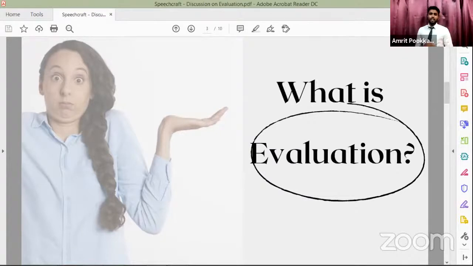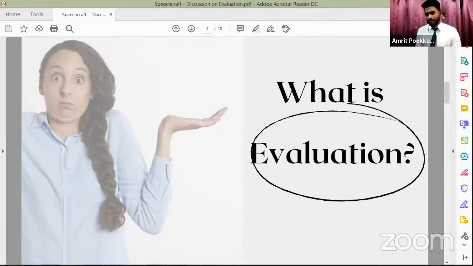Yeah, I think all of us have our own reasons to be in Speechcraft, to be a Toastmaster member, right? But there is one reason which could be common for all of us. That is to be a better communicator, or maybe a better leader, or a better version of ourselves, right? That is a common goal for all of us. Now, how do we do that? We deliver speeches, we have a structure. So as per that, we prepare our speeches and come and deliver them, right?